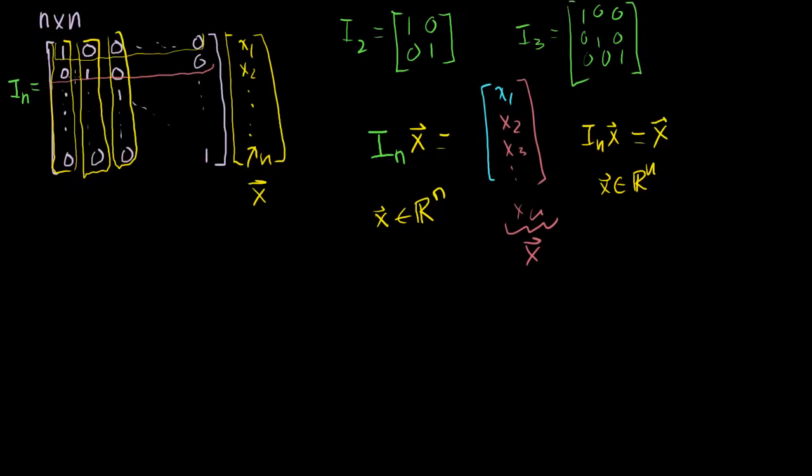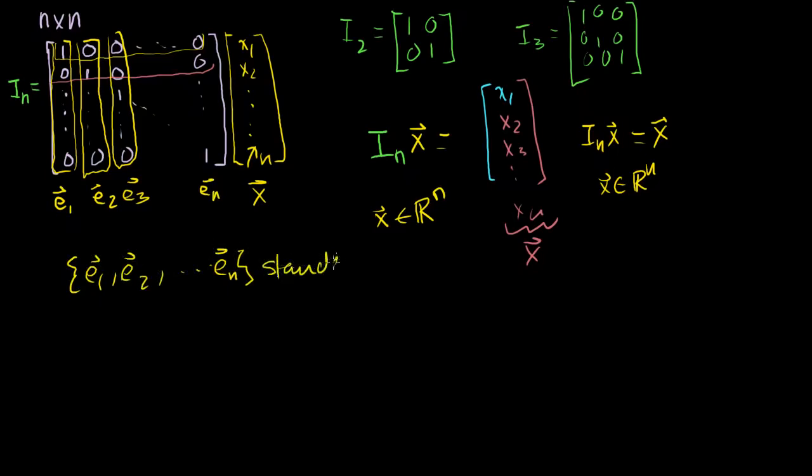They are called, so if we call this first column E1, and this second column E2, and the third column E3, and we go all the way to En. These column vectors here, the set of these, so let's say E1, E2, all the way to En, this is called the standard basis